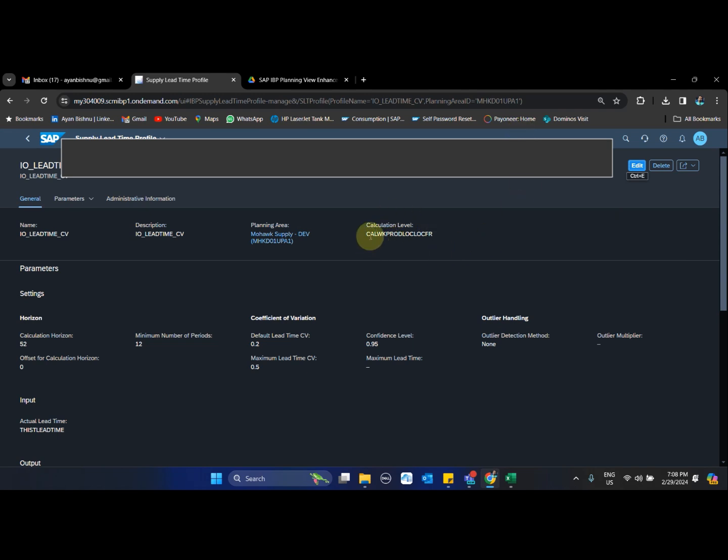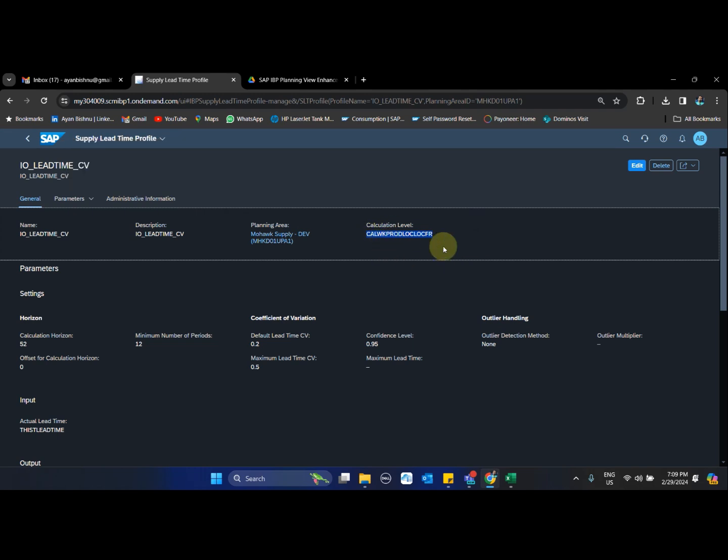First and foremost, the calculation level at which I am doing it is at cal week prod loc from, because this is the one that I am generating for location source lead time. If I would want to generate the supply lead time at a production level, I would have used cal week prod loc source ID. But in this case, since I am calculating the error CV for lead time, I have used this planning level.